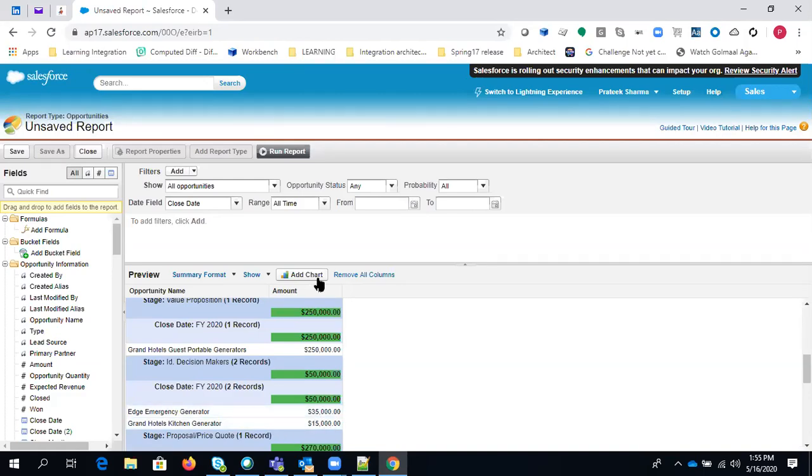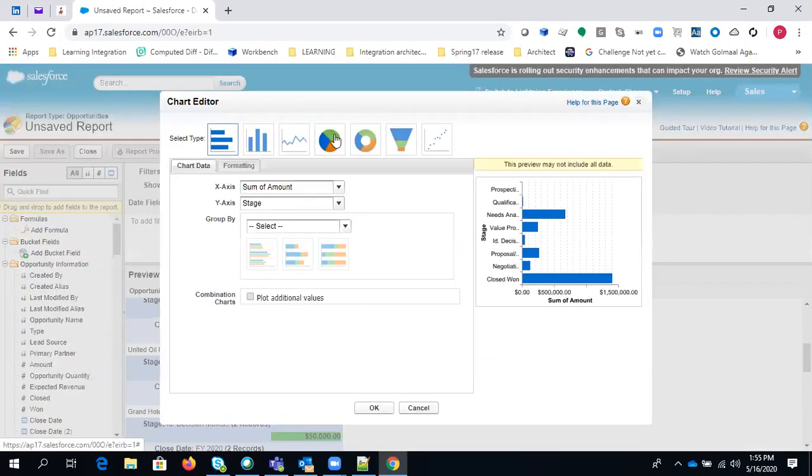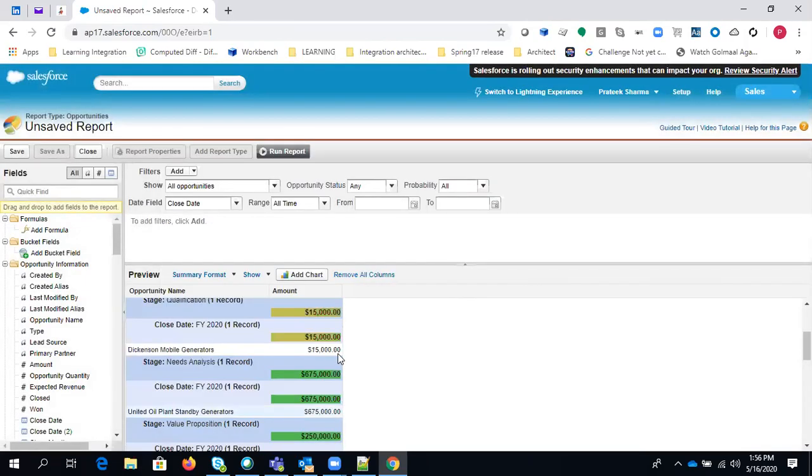You can also add a chart here, but we'll do that with the joint report. Add chart will only give you a pictorial, graphical representation of the data. So you can add that in a report as well. We'll discuss all the charts in dashboard. You will get all the charts in dashboard components. So we'll create all the charts. You can also add them in a report, right? So this information is also coming.